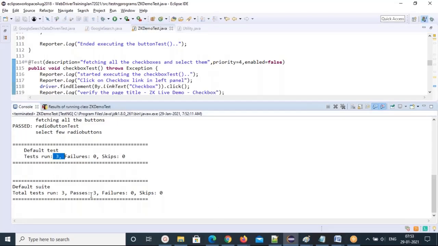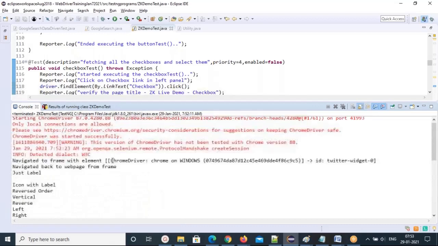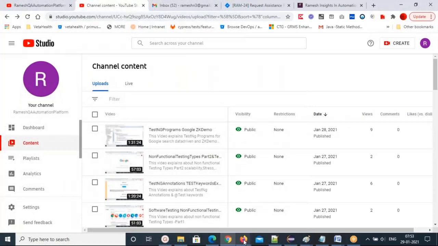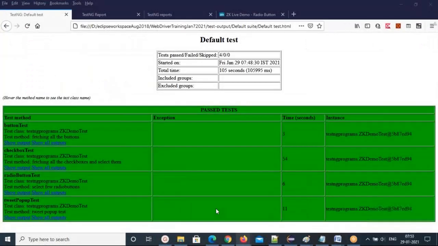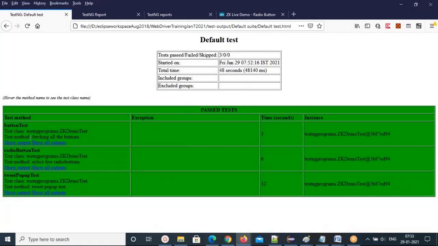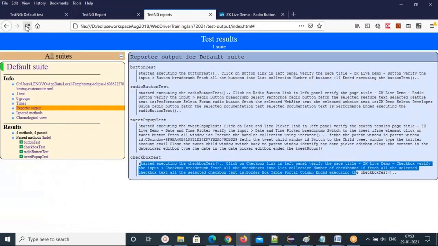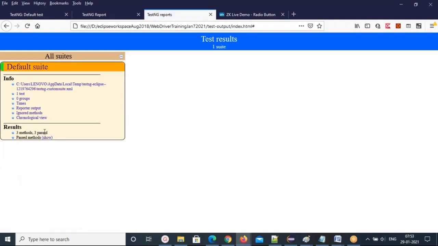That's another concept, how to ignore or skip tests you currently don't want to execute. See that now you will get only 3 test cases executed. Before it was 4. Now see the button test, radio button, tweet pop-up. The checkbox is skipped. Here also you will get the same report, and only 3 will show. 3 methods, 3 pass.